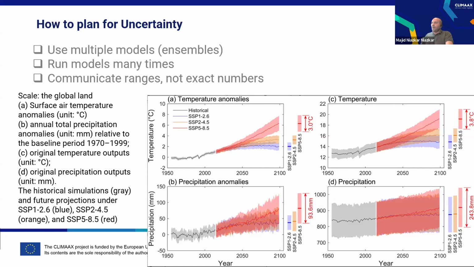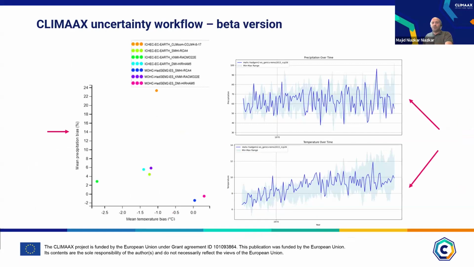This picture is somewhat repeated in our presentations, but it highlights that there is a global and local scale to this range of uncertainty and different variety as we march through time. I would like to present here, as my last slide, the beta version of the CLIMAAX uncertainty and bias tool, and we will probably show it today much more and discuss it more. Regarding the uncertainty for any region that you are interested in, we developed a pop-up figure like this, which shows on the left side the bias, for example, the bias of the precipitation and the temperature, which Andrea will go into and present more